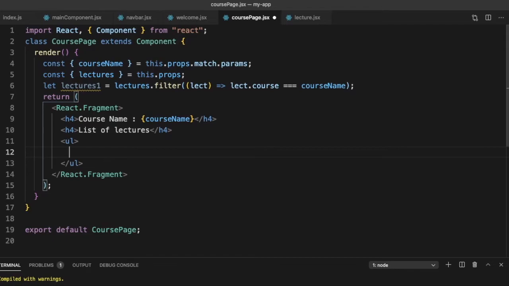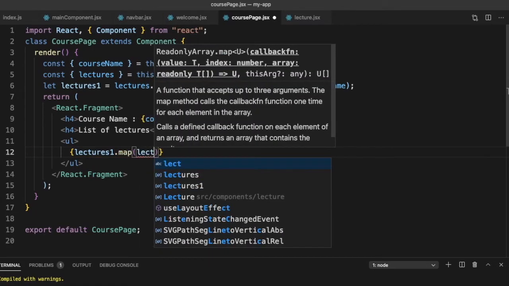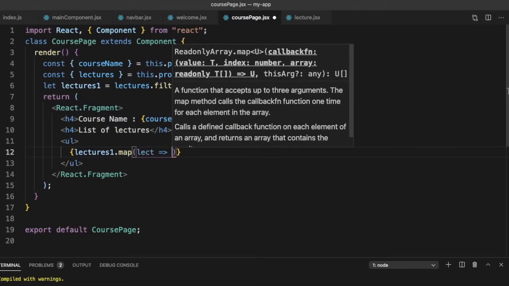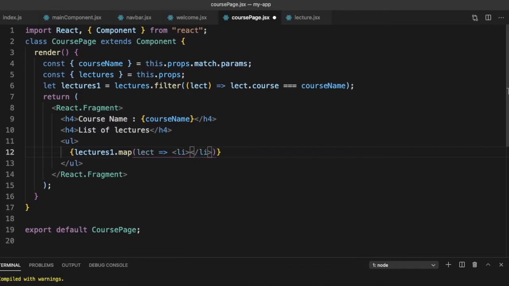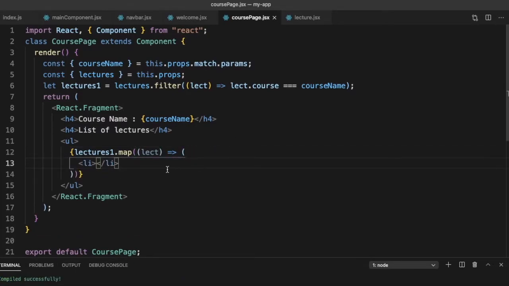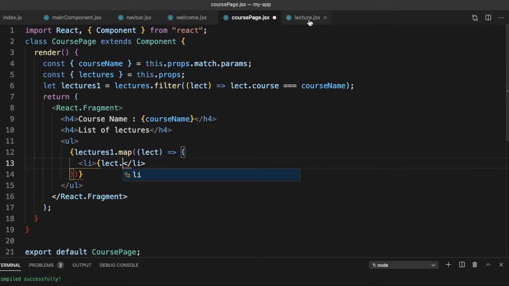So we will need to use a map. So I can just say lectures 1 dot map lecture goes to, and let me just put a li. So in this li, what do we need to show? We will just show the lecture dot, let's say, what do we want?